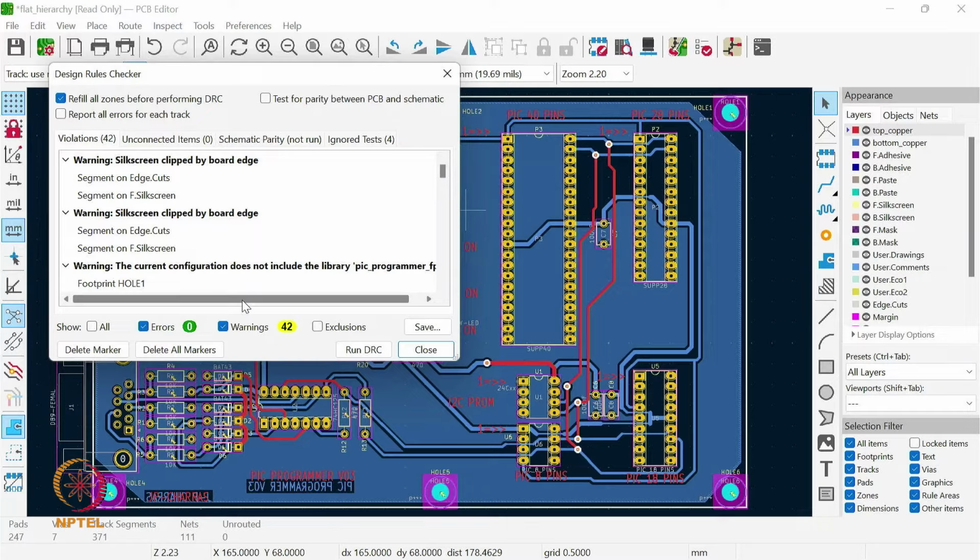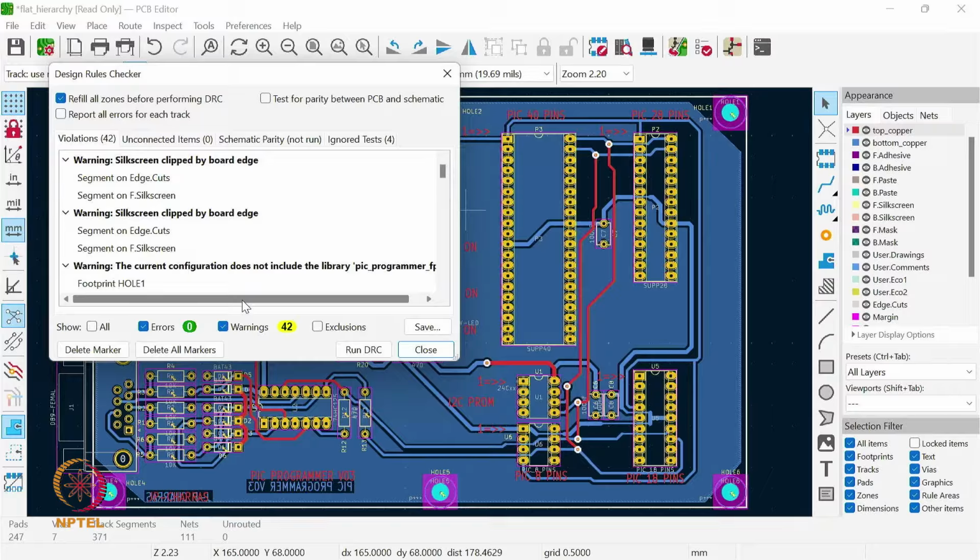So we write some text and those texts are overlapping each other. So that has nothing to do with the performance of the PCB. That is just for our understanding. So that overlap may not cause an error. It will come under the warning. So warnings are sometimes acceptable and sometimes they are not acceptable. That depends on us. However, the errors are something which should be taken care of